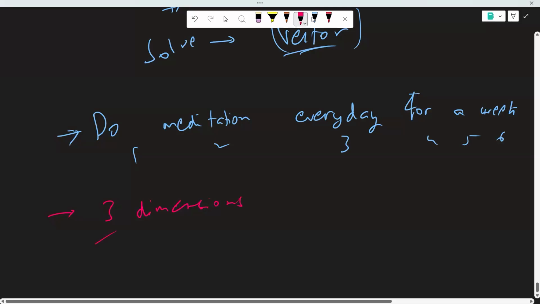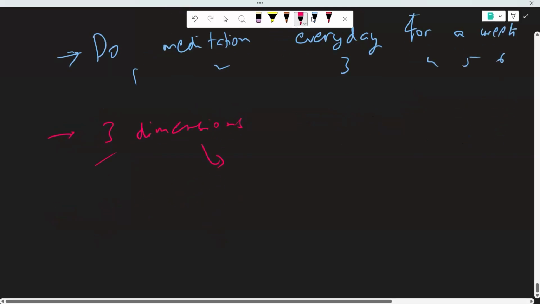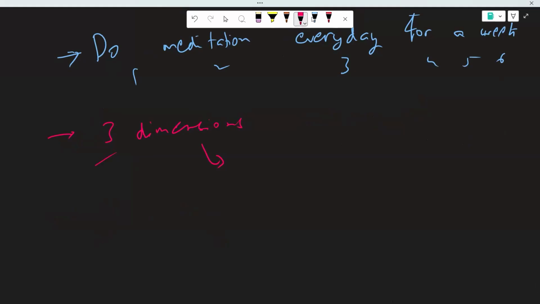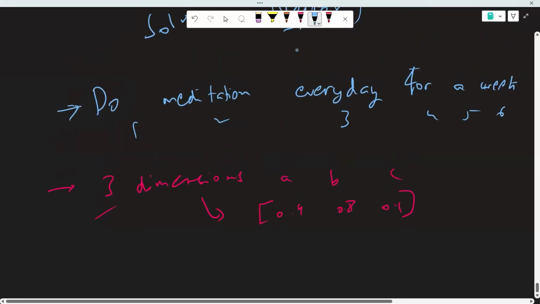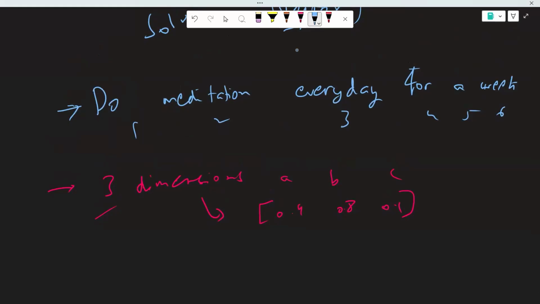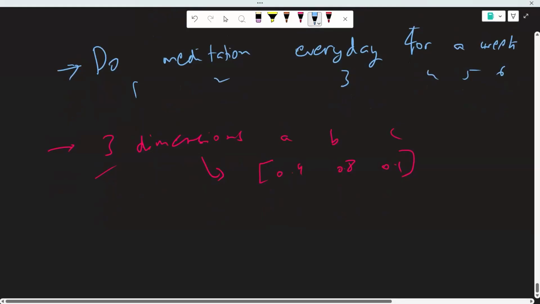Okay, now, what does this imply? This implies that whatever words we have, we'll try to represent them in 3 dimensions. Let's say 0.9, 0.8, and 0.1. Okay, A, B, C are the dimensions. So the main logic of continuous bag of words is to follow a continuous approach. Continuous approach means it will follow a window. Okay, so after defining the arbitrary dimensions, the next thing is to define what is your window size.